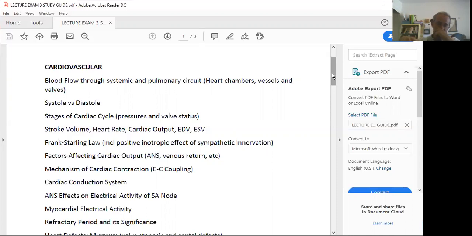Speaking about the heart, we spoke about the heart function itself, and it's a pump, and it pumps in an alternating fashion of contraction or systole, where it's ejecting blood, and diastole, where it's filling with blood. This is known as the cardiac cycle. There's 5 stages to the cardiac cycle we spoke about, and what you need to know from them